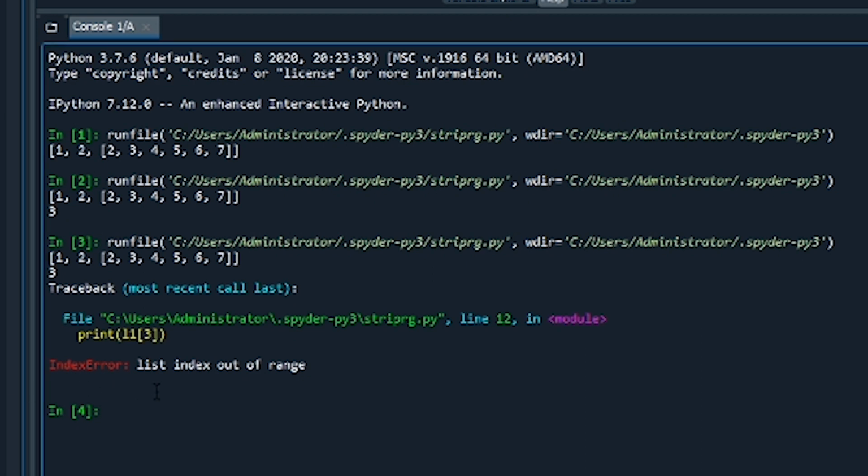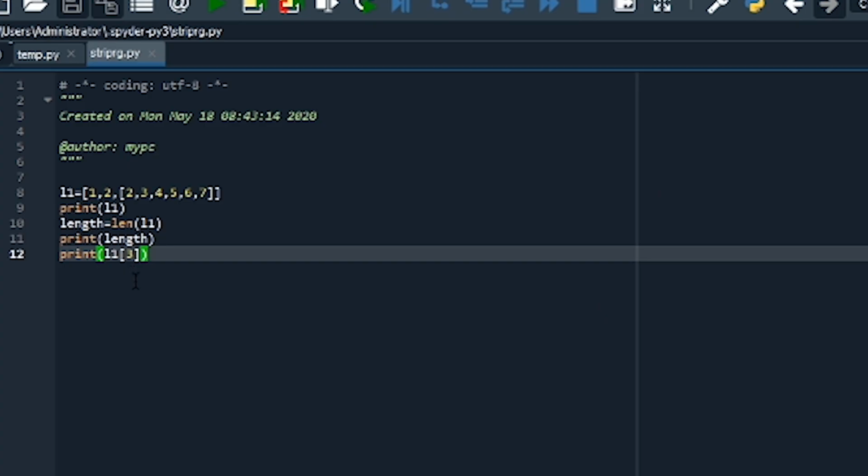Here you see index out of range. Why is it coming index out of range? That is because here 3 elements are there, and we are giving here 3, but index starts with 0, so we have to give 3 minus 1, that is 2 only.